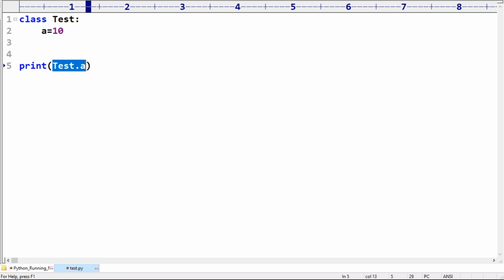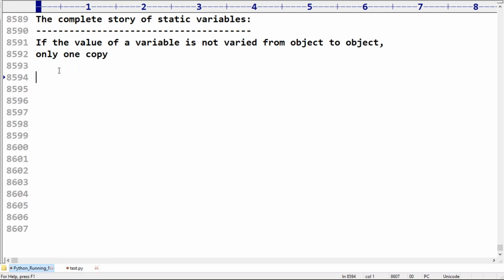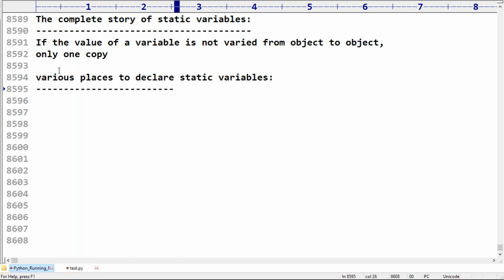Now my question is, what are the various places to declare static variables?